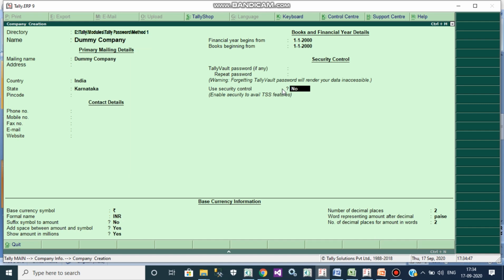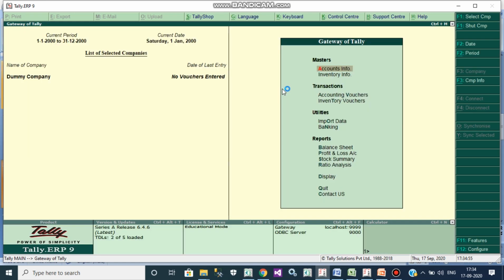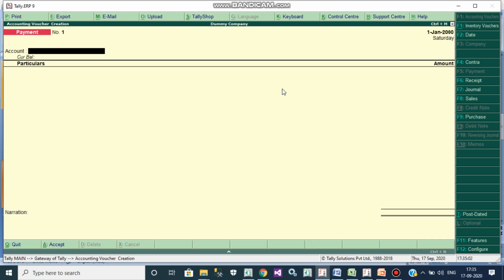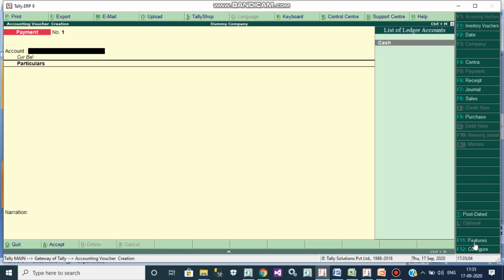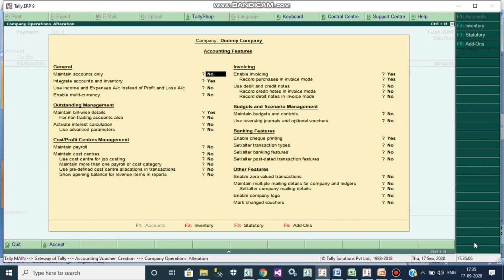We don't want to give any security control for this company. We save this, then we create some dummy transactions, and we enable some features also.